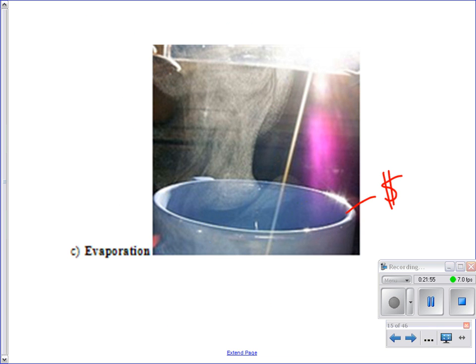All right, our next process of separation is called evaporation. This beautiful little, very, very, very pricey piece of equipment, which I will lose it if you break these, are called evaporating dishes. Very original, considering you evaporate out of them. Evaporating dishes are just a lot of surface area, so evaporation takes place a little bit easier. You can put them in an oven, you can put them on a hot plate, or you can just set them out. You can put them under a Bunsen burner. All sorts of ways you can heat up an evaporating dish.